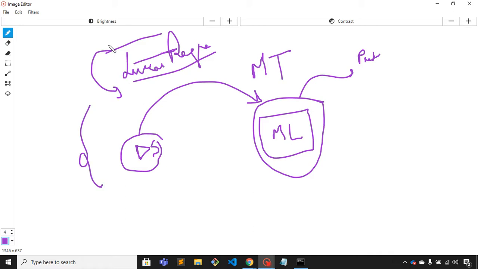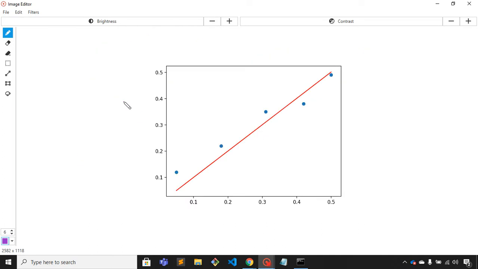First, let's discuss what exactly linear regression means. Let's understand the concept of linear regression with the help of this graph. This is your x coordinate and this is your y coordinate, and these are some of the points you can see here. We have around 5 points, or 5 coordinates. Let's consider this point. I'm drawing a line to the y-axis, and this is on the x-axis. It is close to point 3, but it is not point 3.